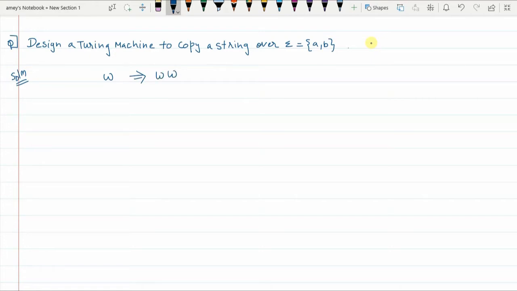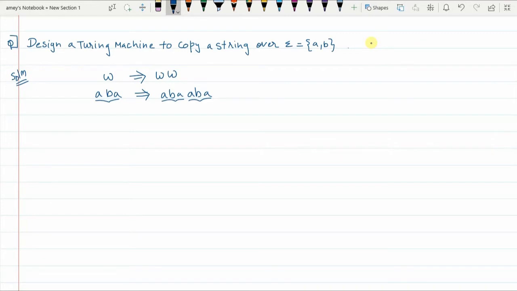For example, if the string is ABA, then the output that the Turing machine should finally give is ABA followed by ABA. So the string ABA has to be copied another time, so a total of 2 appearances of ABA. That's the meaning of the Turing machine that we are asked to design.